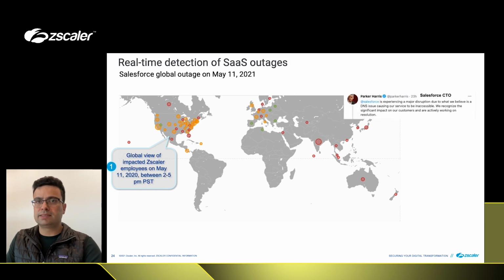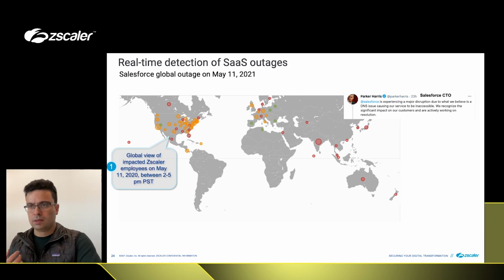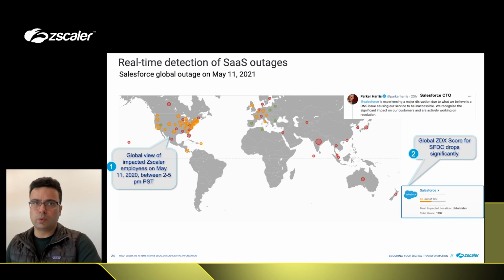What you see here is this issue which started at around 2 p.m., and about 2:15 we started getting feedback from our sales employees that they were having Salesforce connectivity problems. Around 4 p.m. that day, the CTO of Salesforce made an announcement. There was a health update from the Salesforce portal that users are having problems because Salesforce is having connectivity problems across the globe. What we saw in our own ZDX portal is that the ZDX score for Salesforce for all of our employees, which typically stays in the high 70s to 80s, started dropping significantly.